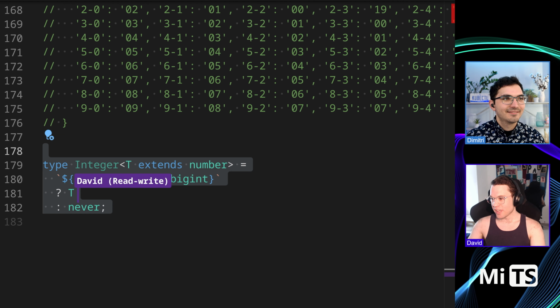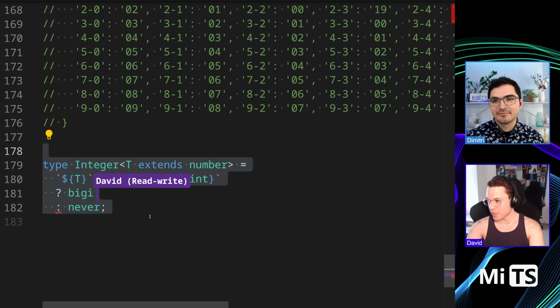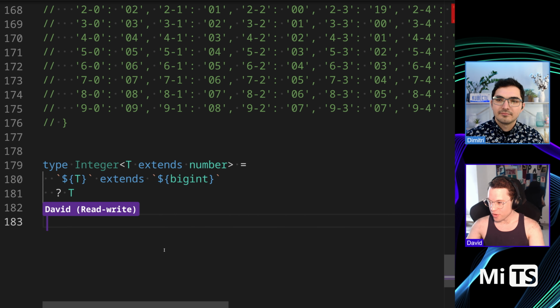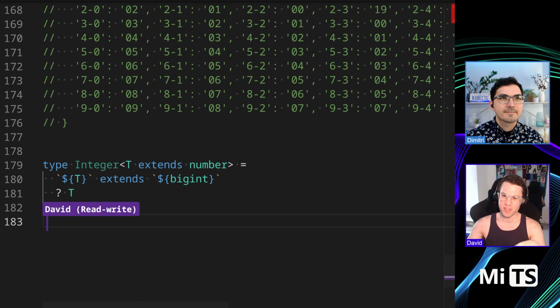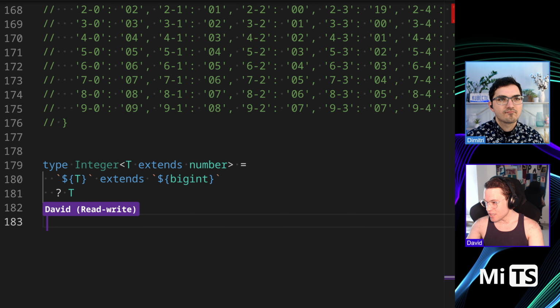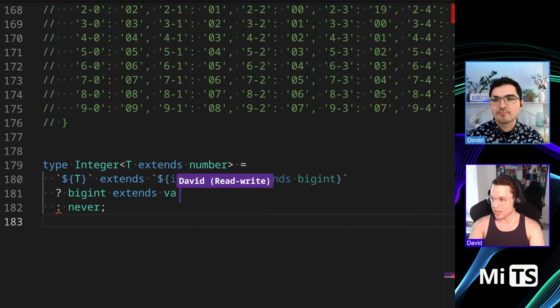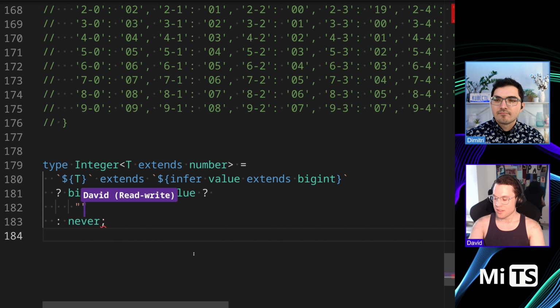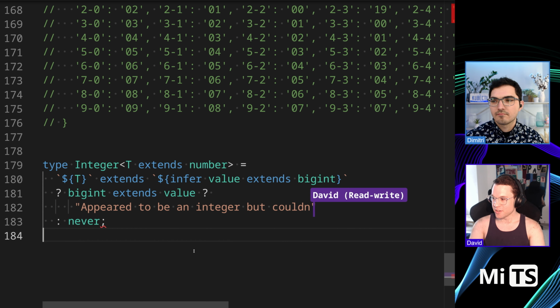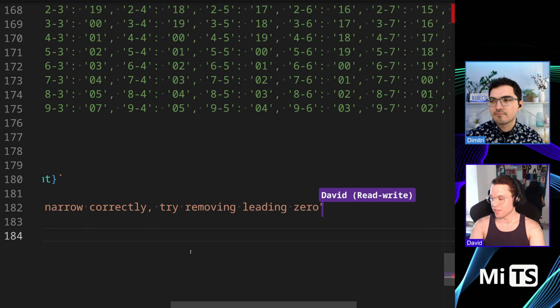And so basically the additional check that we add here is, so we would say if bigint... well, okay, since we need to know the specific value, let's say we're trying to parse an integer literal, right? So we'd say if T extends infer Value extends bigint, and then we would say bigint extends Value, then it would be like, "appeared to be an integer, but couldn't narrow correctly, try removing leading zeros,"